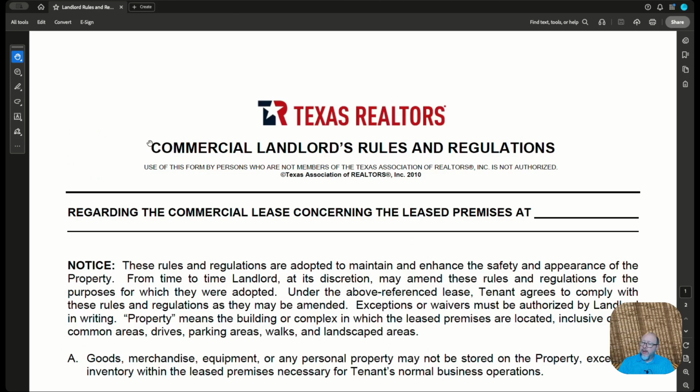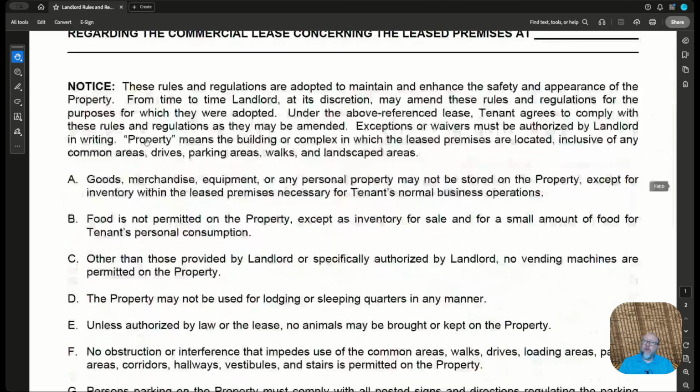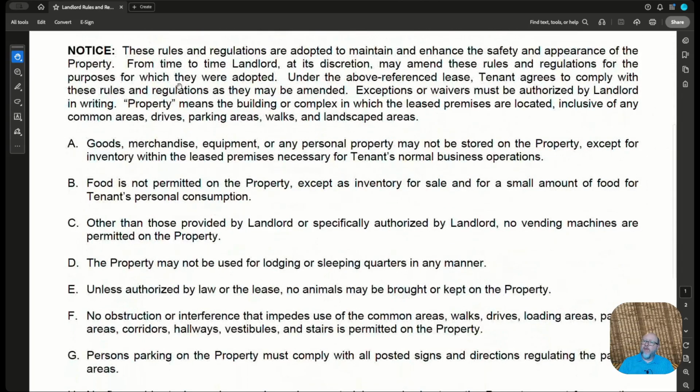All right, and also worth noting, this is something you always say in rules and regulations. From time to time, landlord at its discretion may amend these rules and regulations for the purposes for which they are adopted. Under the above referenced lease, tenant agrees to comply with these rules and regulations as they may be amended. Exceptions or waivers must be authorized by landlord in writing. All right, so